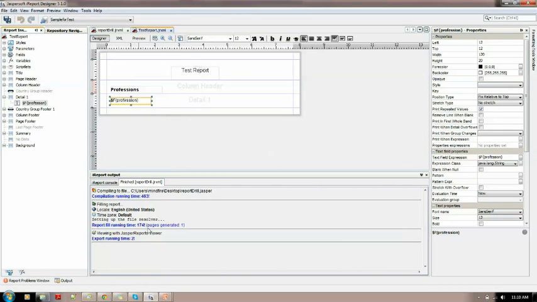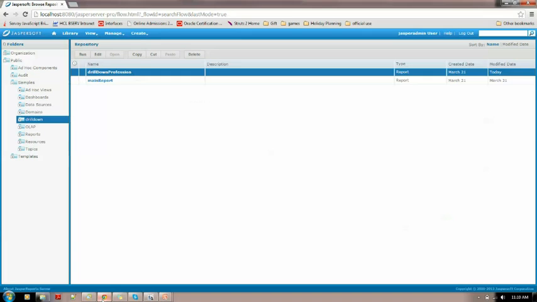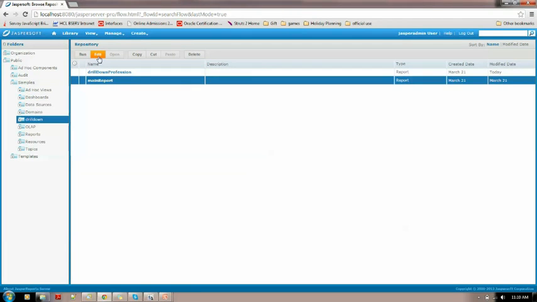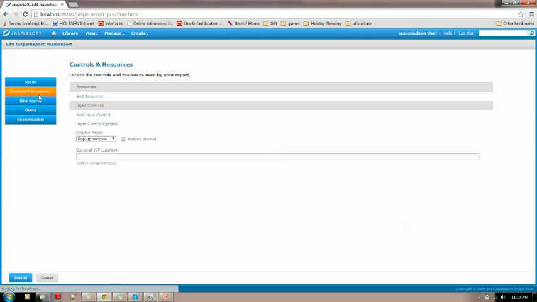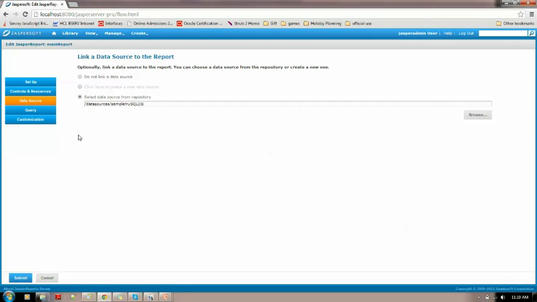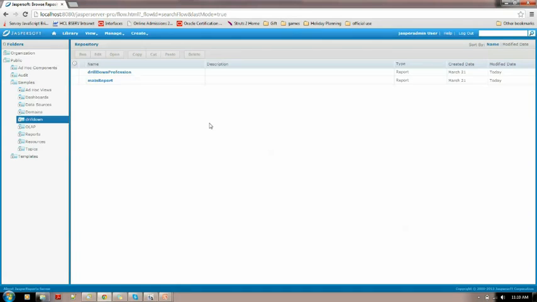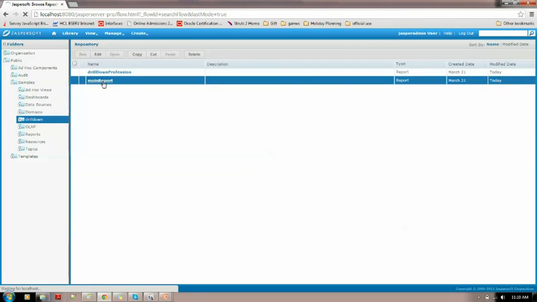So now our task is to deploy the main report. So the main report goes in here. Like, it will be a simple report as I'm not using any control resources into that. So simple name for that. No resources for the first one. Data source, again the one I have linked. You will have to link yours. The query and customization is default. So when I run this,